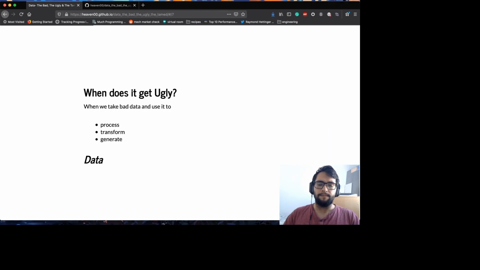So, let's define what ugly could be. And in my experience, when you take the bad data, which is probably something that you don't understand, maybe you haven't spent enough time analyzing it, and you put it into a data mining project, and you just say, hey, we know this works, and this is how you can classify it, and you just put in the data, and your results might even look okay. I mean, you'll be surprised if it does. But if something breaks or something happens, we wouldn't even know why it happened,